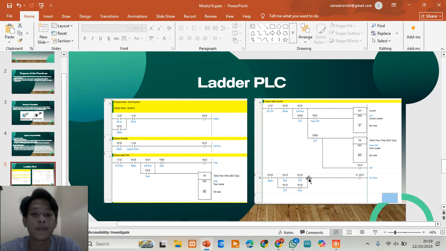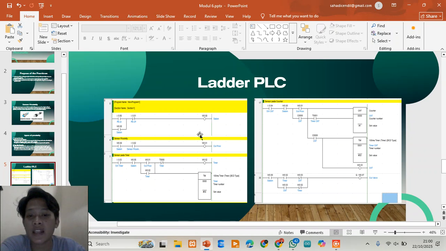Let's summarize the full process flow. The operator presses the push button, turning the system V000 on.